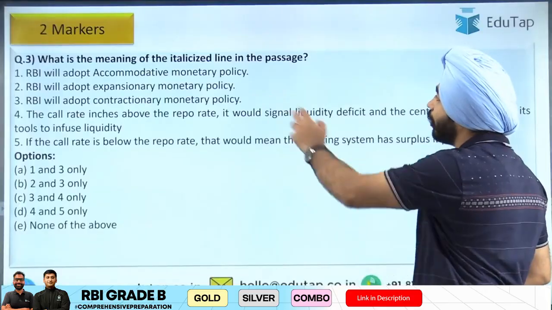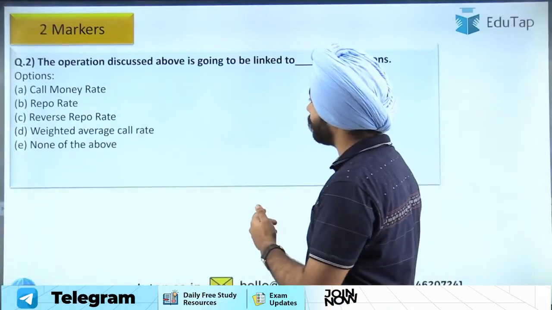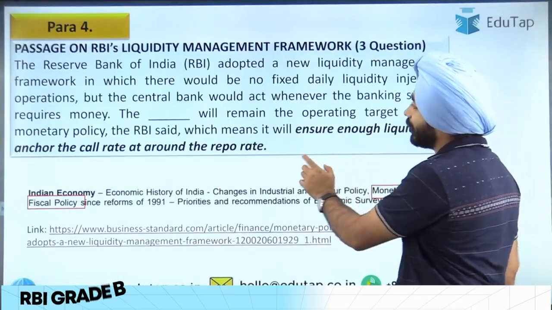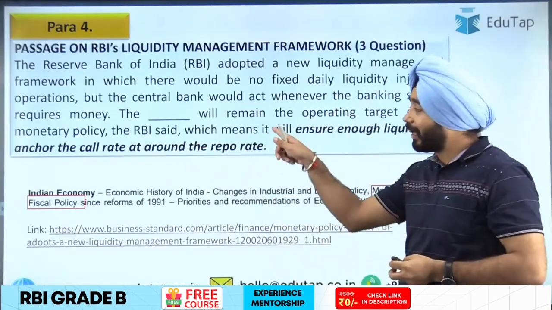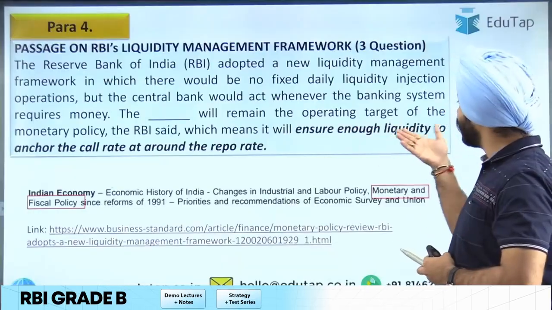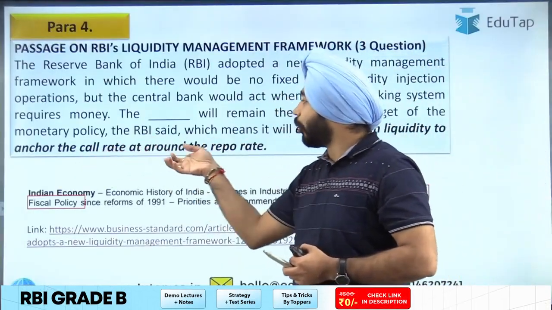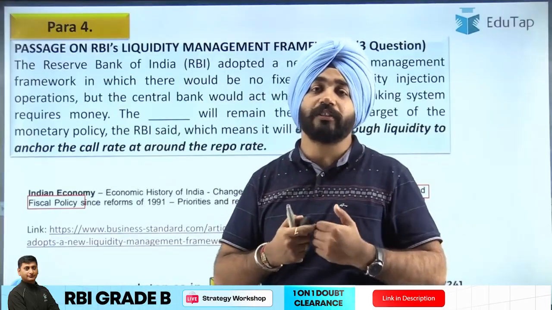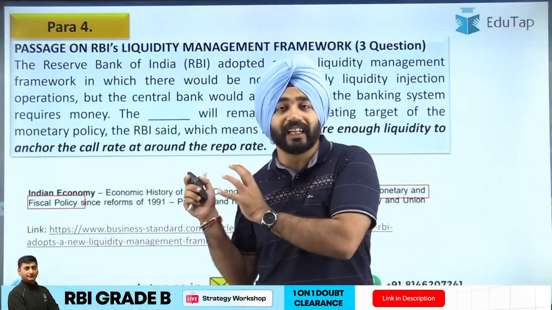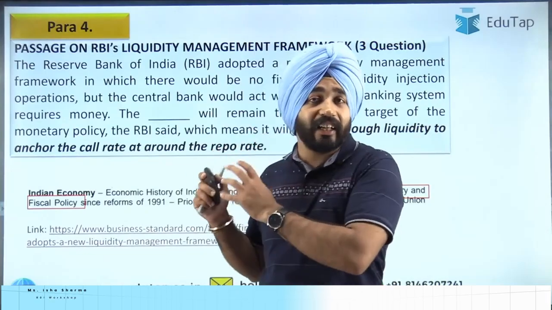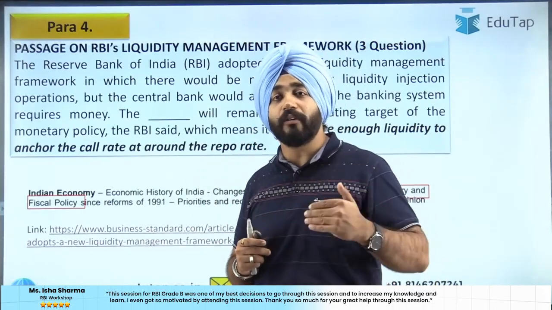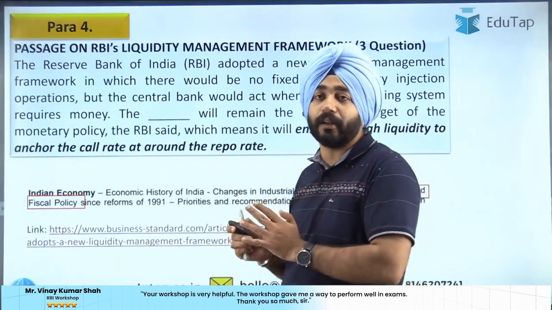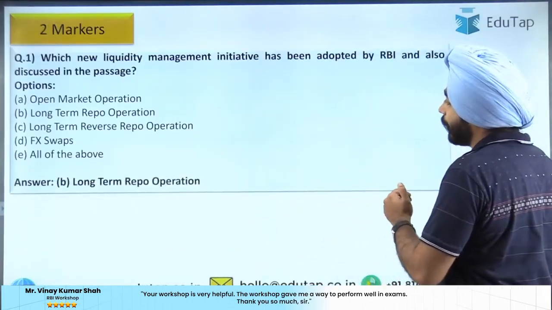Then, what is the meaning of the italicized line? So now guys, coming back to the paragraph here, ठीक है जी, there was a line which said that the RBI said that these months, that is LTRO, will ensure enough liquidity to anchor the call rate at around the repo rate. ठीक है, so मतलब उसकी implication क्या है? The question was not just on a simple line. So again I am saying this is a really tough question guys, because here you have to be thorough about the static perspective of the LTRO also, that what will be its implication there. ठीक है, so if I again come back to that question,